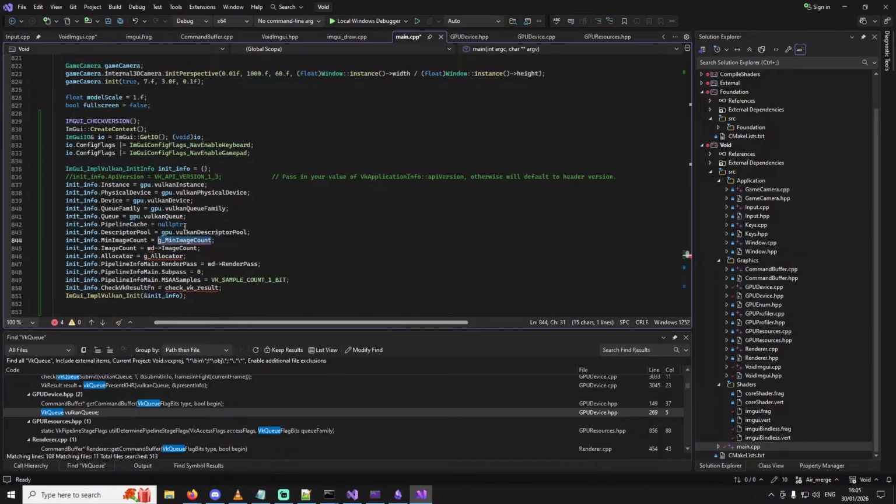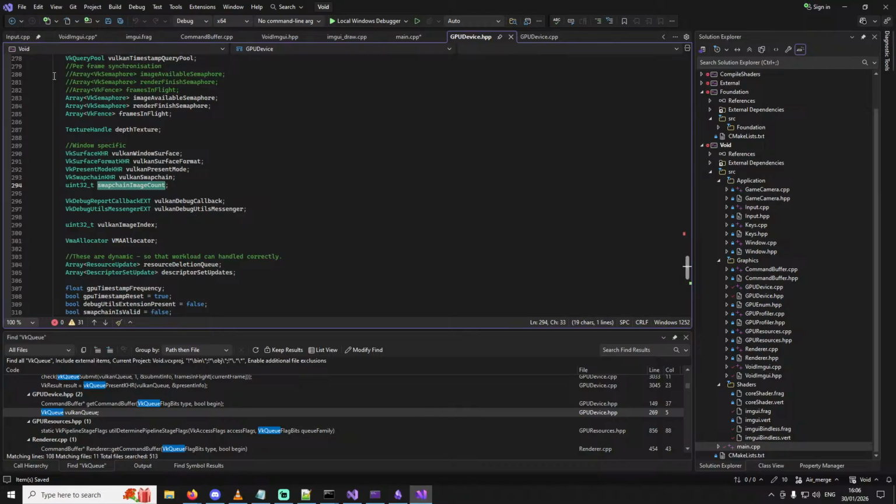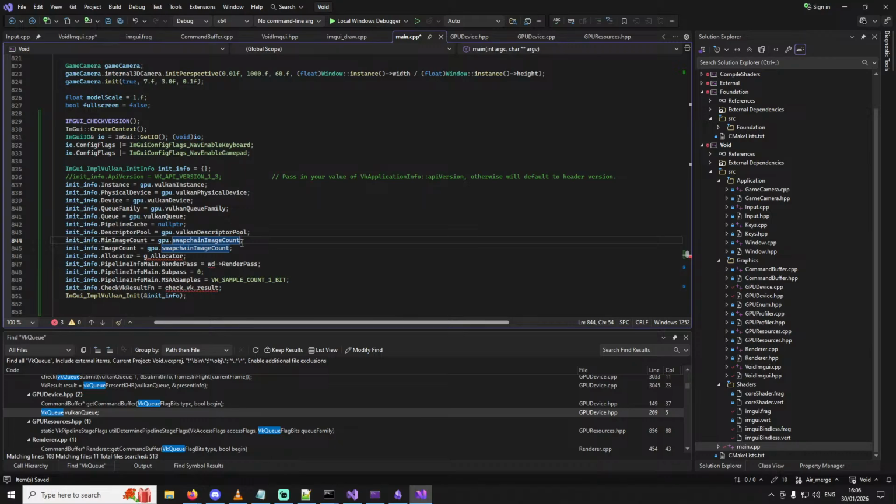Main image count. That would be GPU. Main image count. Swap chain image count. Oh, minimum. So that's the minimum. It's 1 plus whatever I've got. I mean, I can make that better in a minute, but let's just